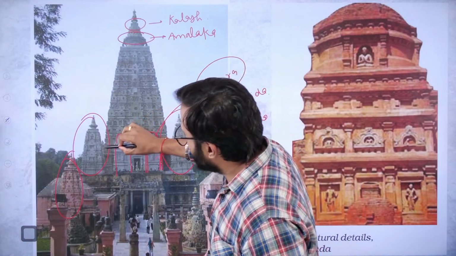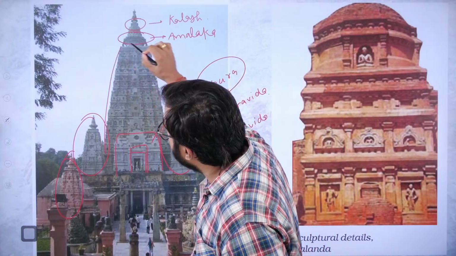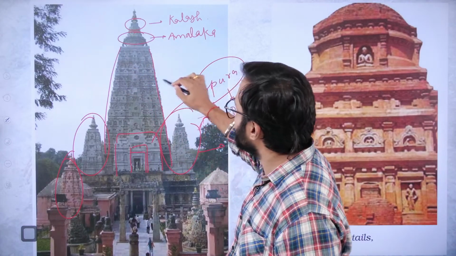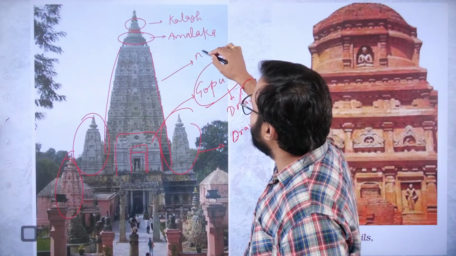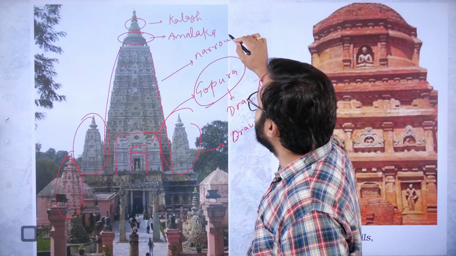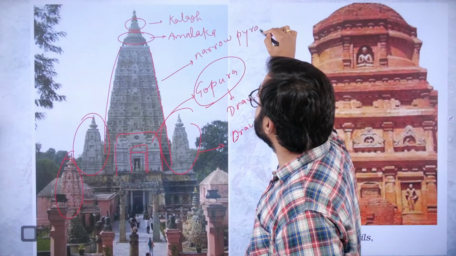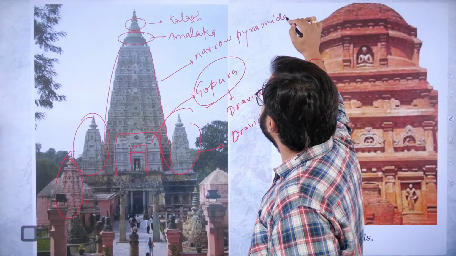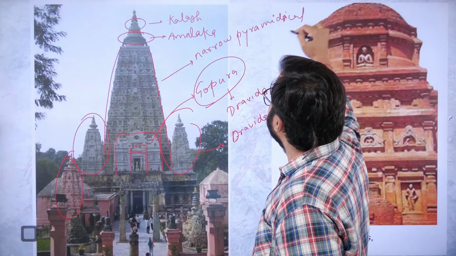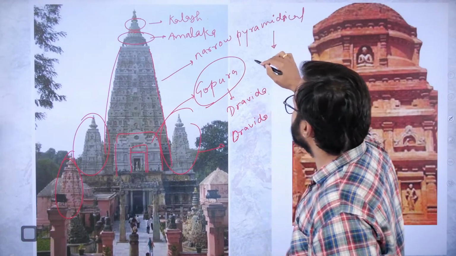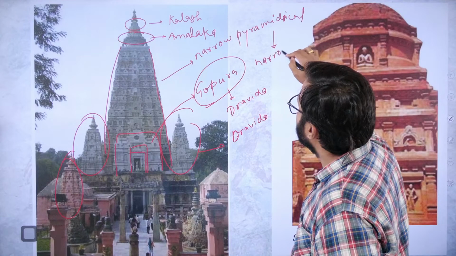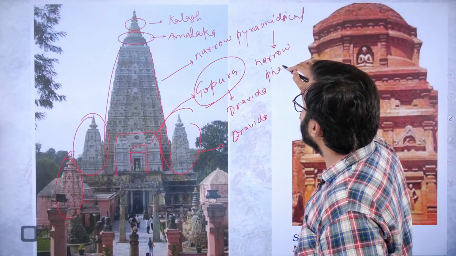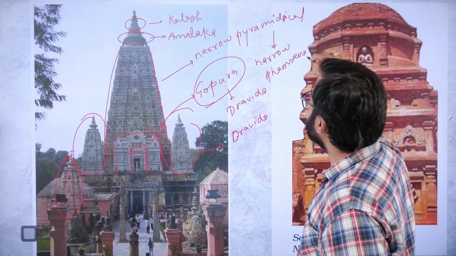However, you can also see that there is a comparative narrow pyramidal style, which is actually nothing but a narrow phamsana style of